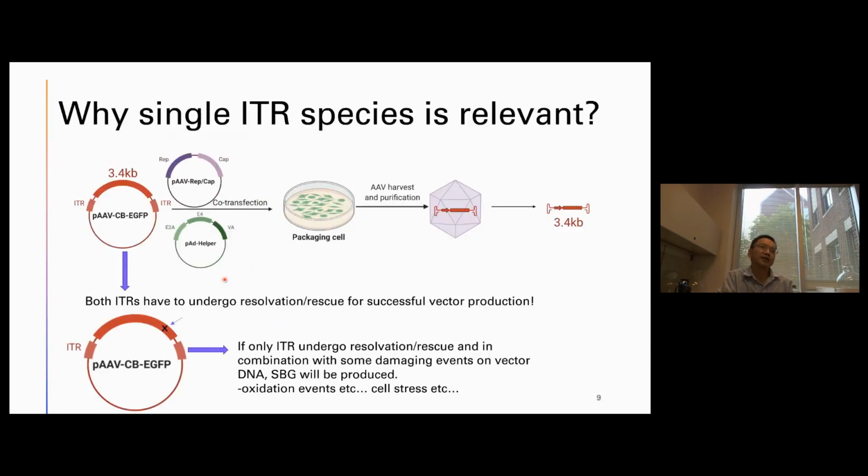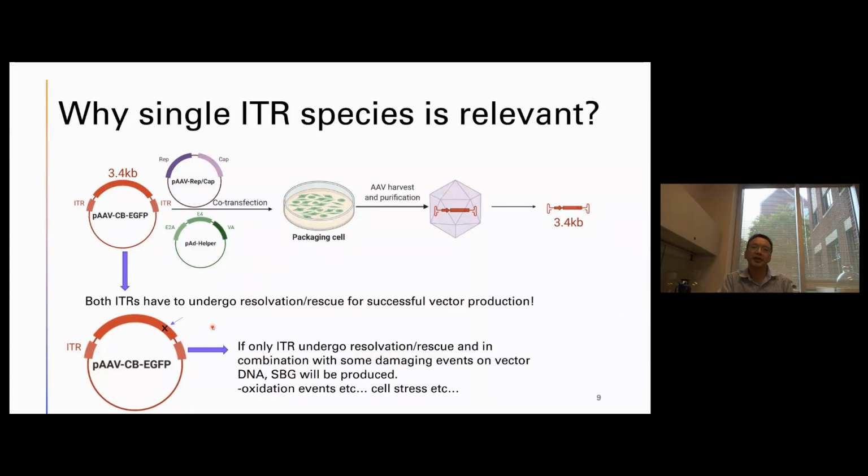Then people will ask why single ITR DNA is relevant to what we are talking about. Most people report that our vector plasmid for production always has two ITRs, and in most cases, even when we have a missing ITR or some mutations during bacterial growth, the mutated ITR still retains a portion of the ITR. Because the AAV ITR can undergo a kind of DNA repair, in most situations this single ITR species doesn't exist. But people didn't